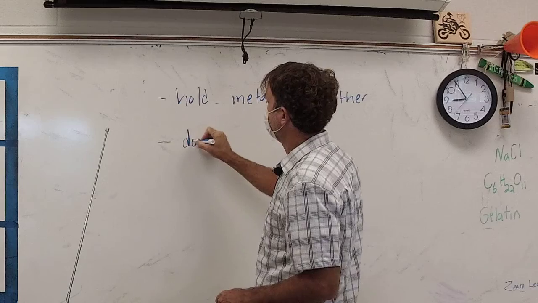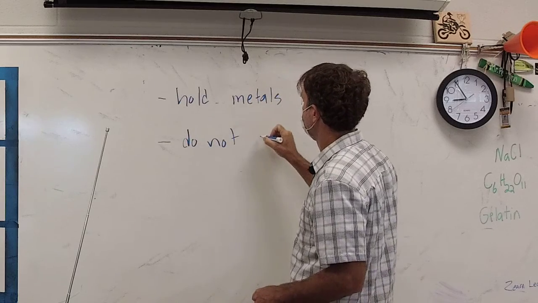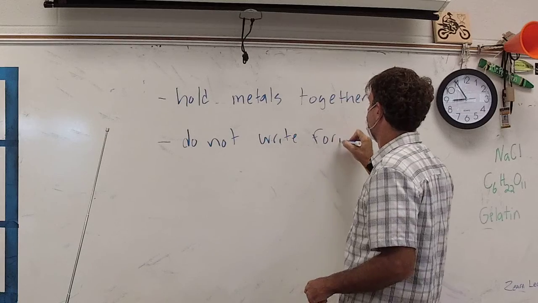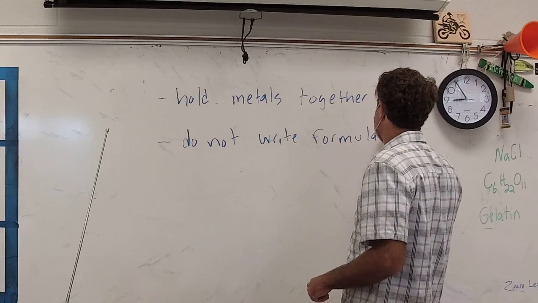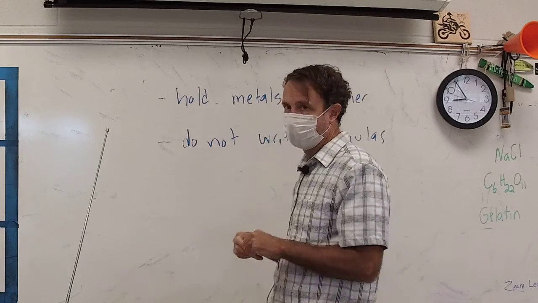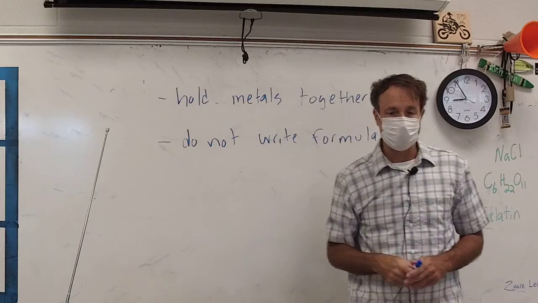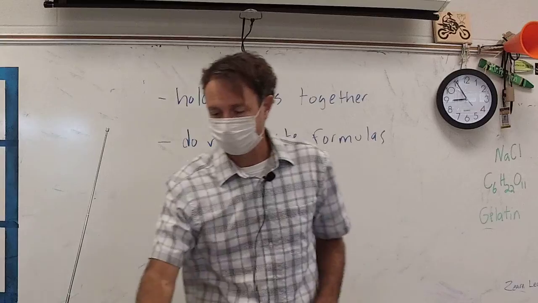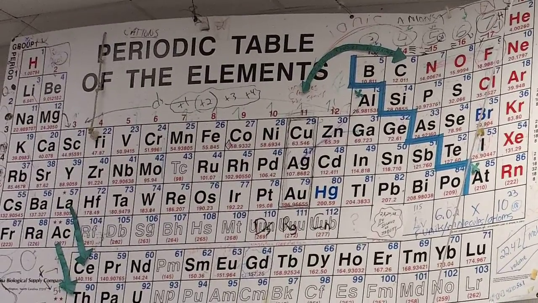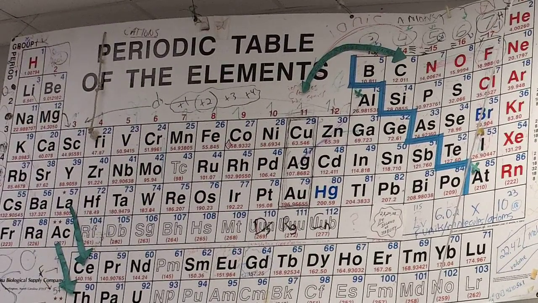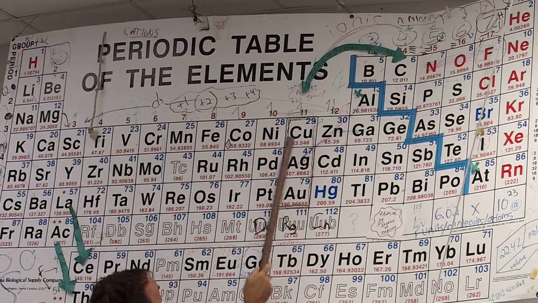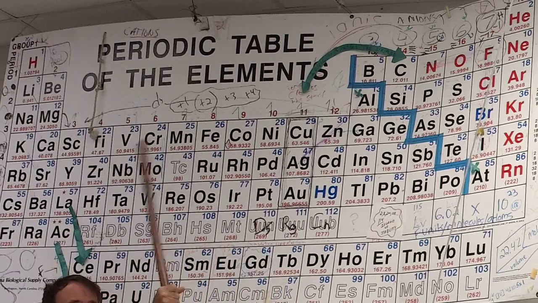And we do not write formulas for them. Somebody else may be able to do this, but I'm not. We do not write formulas for metallic bonds. So we're going to be writing formulas for everything else. So if we look over here, and I'm not ironically pointing at these things with this metal